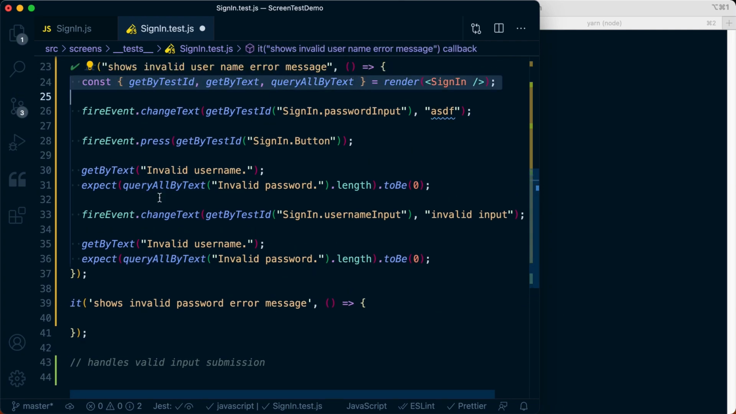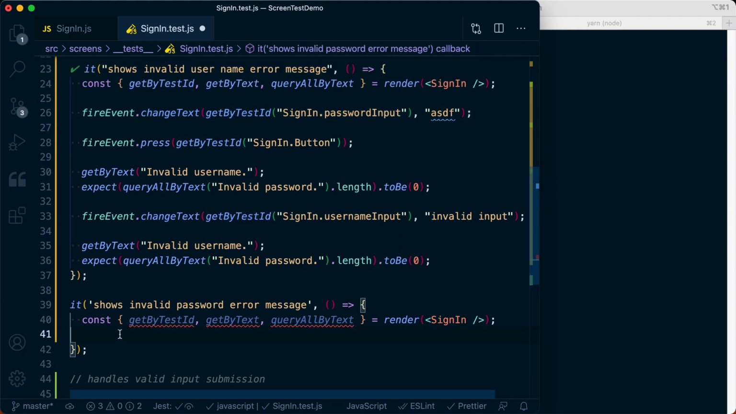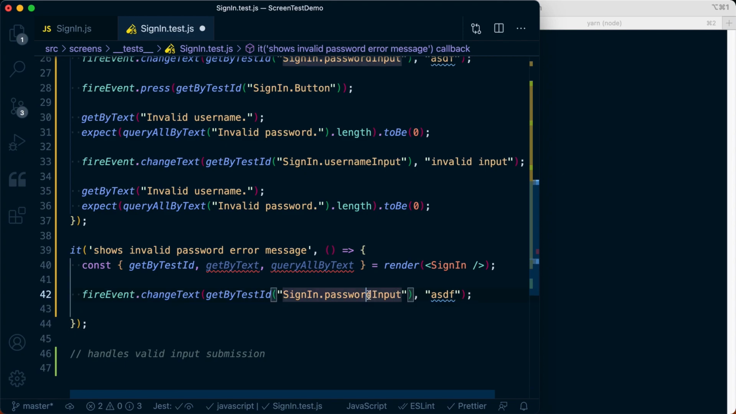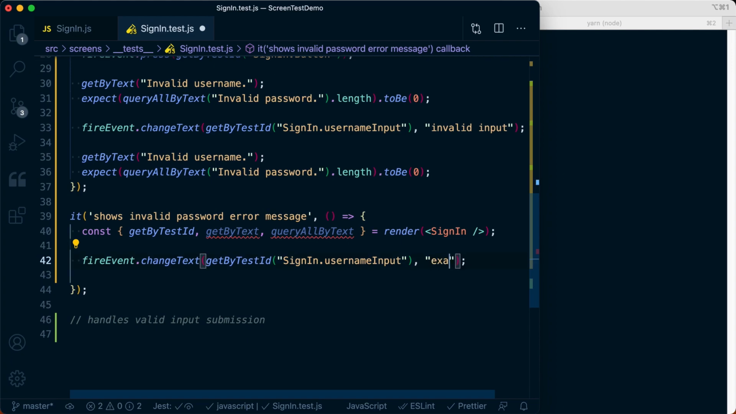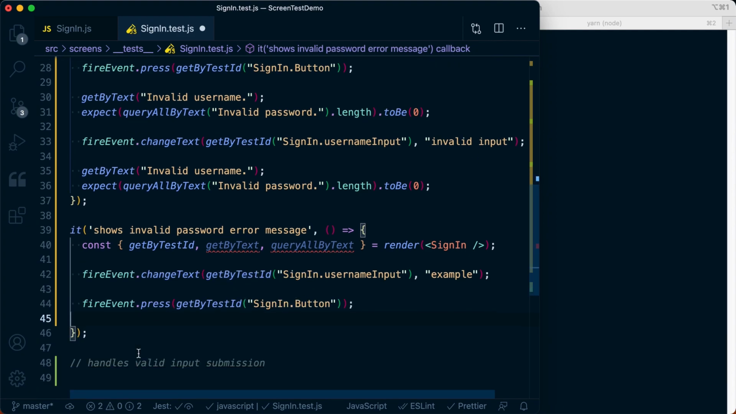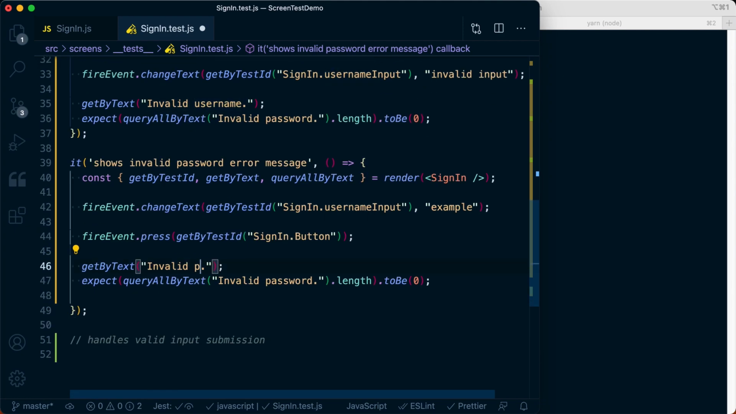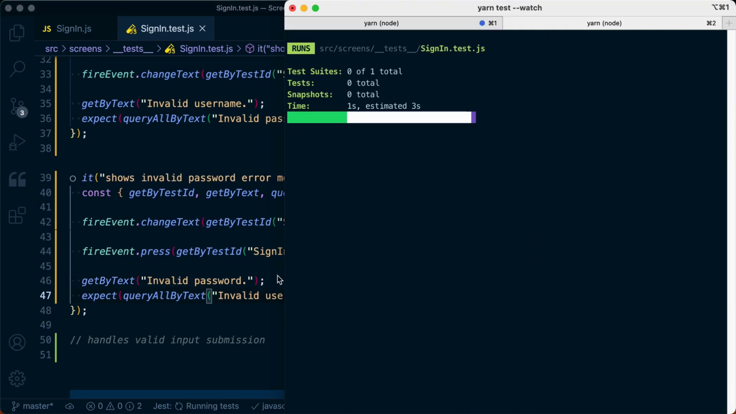Now let's go ahead and do the exact same thing for our password input. So we know we're going to need to render our component. We're going to type into our username input this time. This time I'm going to enter a valid input, which is just going to be example. Next, I'm going to press the submit button. Let's copy this over. This time I expect invalid password to be showing up, but I expect invalid username to not be there. So if I run this test,